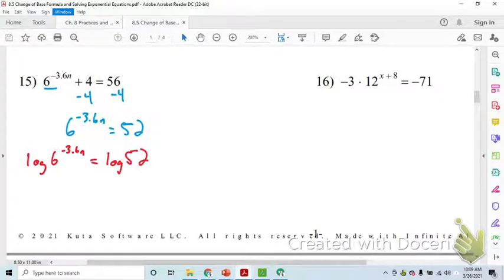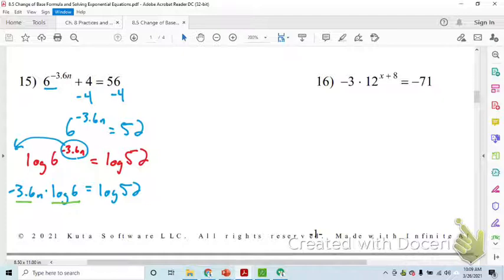One step at a time. Even color coding it for you. It's going to be fine. Now, bringing this exponent out front. So it'll be negative 3.6n times log of 6 is equal to log of 52. Great, grand, wonderful. Now, at this point, ladies and gentlemen, we have those two things along with n on this side. So what I'm going to do is try and divide both sides by everything I don't need, which is negative 3.6